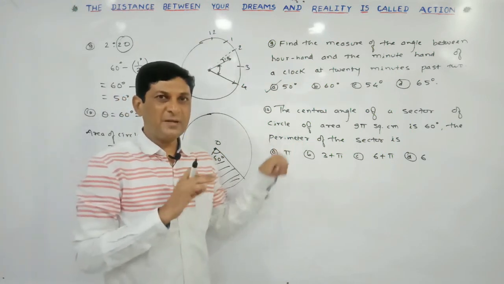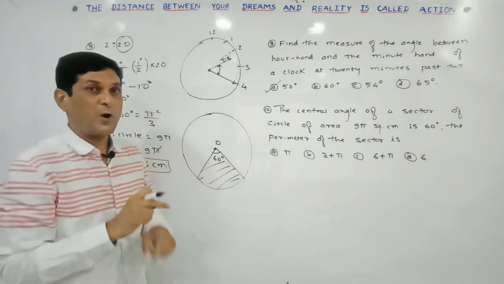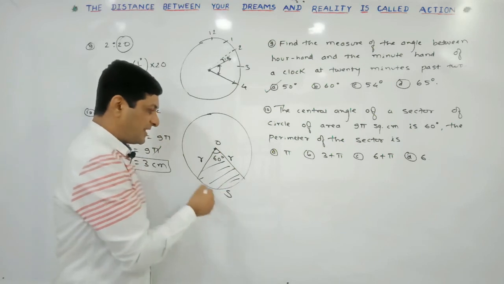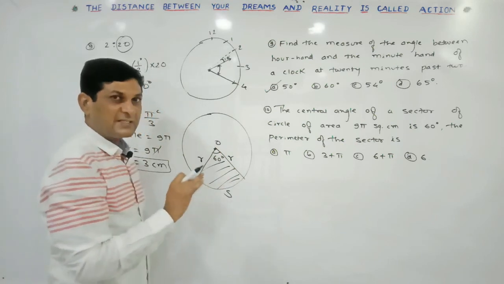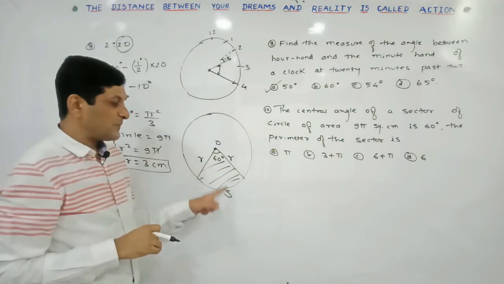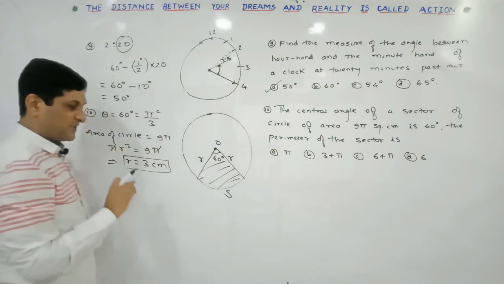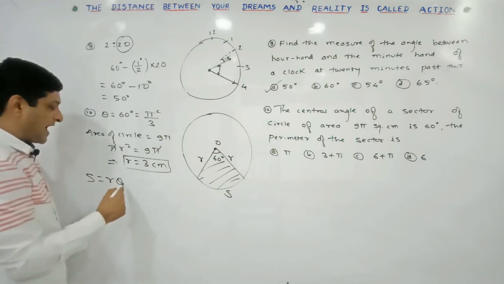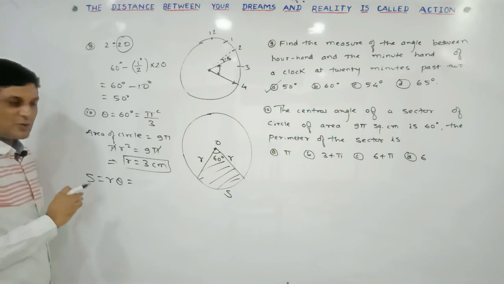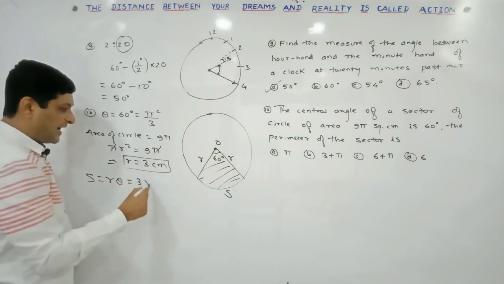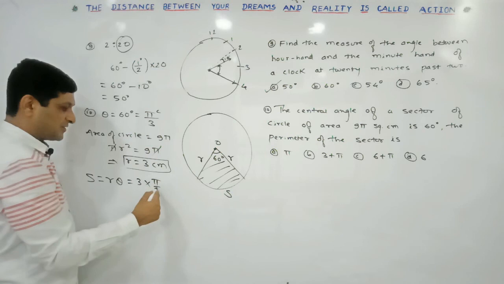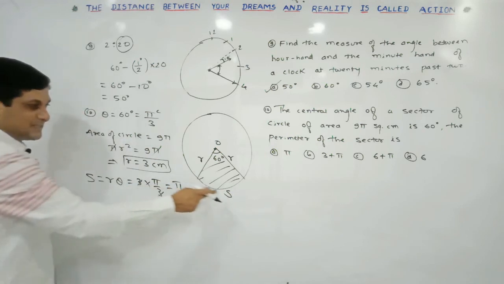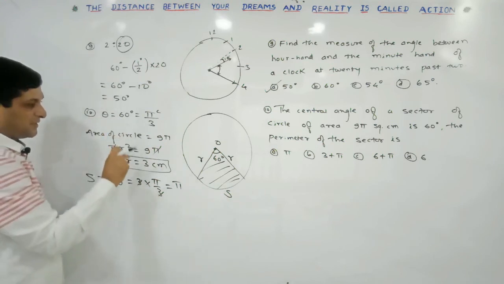We have to find out the perimeter of a sector. Perimeter means boundary lines. One boundary line is r, the second boundary line is r, and the third boundary line is the length of the arc, s. So to find out this perimeter we will require s also. So first let us try to find out s. What is the formula to find out s? s is equal to r theta. This is the formula to find out the length of an arc. r is equal to 3 and theta is equal to pi by 3. So 3 and 3 will get cancelled. So what result have we got here? Pi.